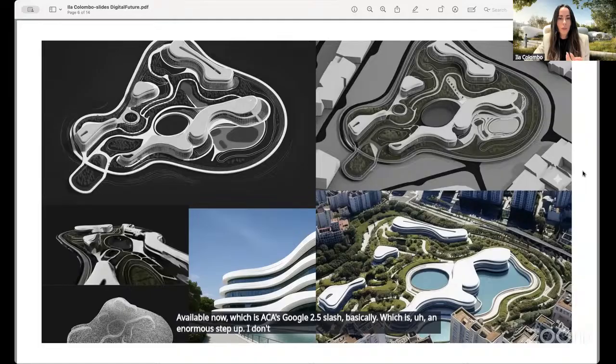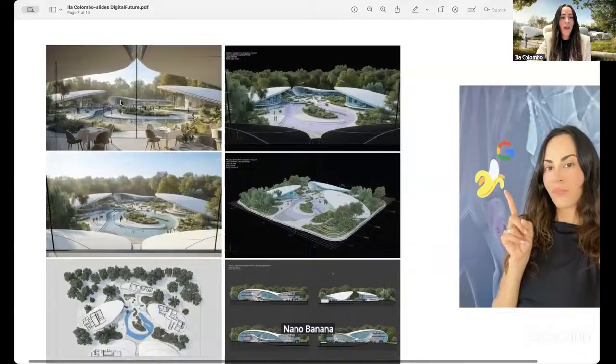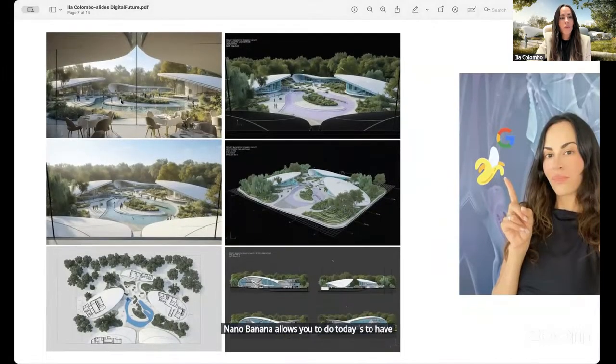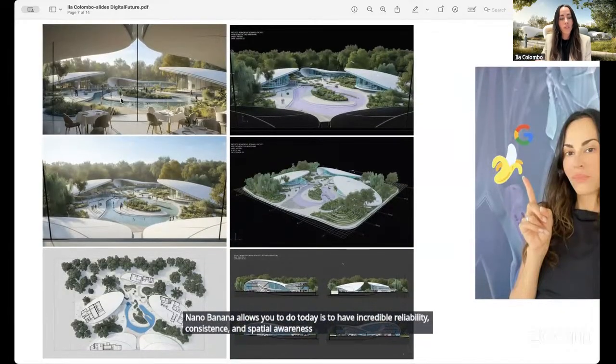I don't know if you guys used it, but what Google Nano Banana allows you to do today is to have incredible reliability, consistency, and spatial awareness throughout different visual styles and different views.